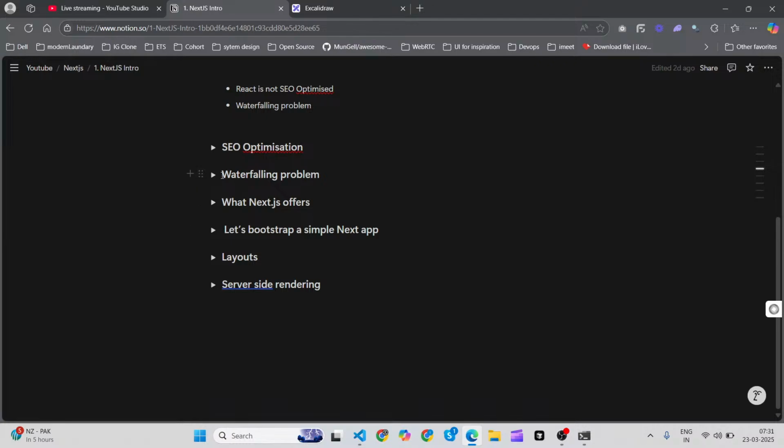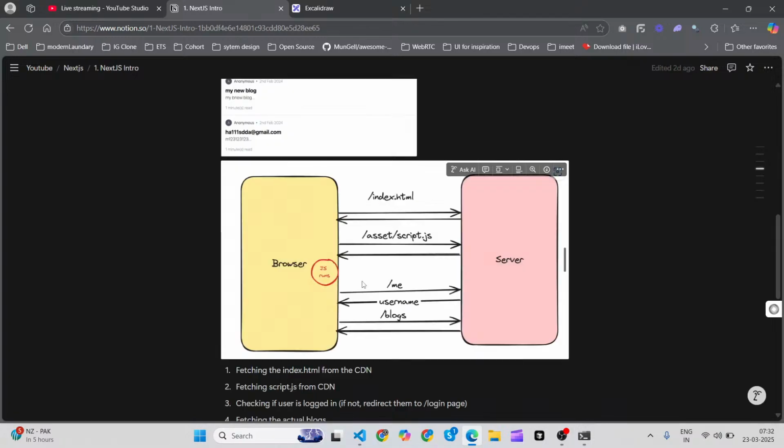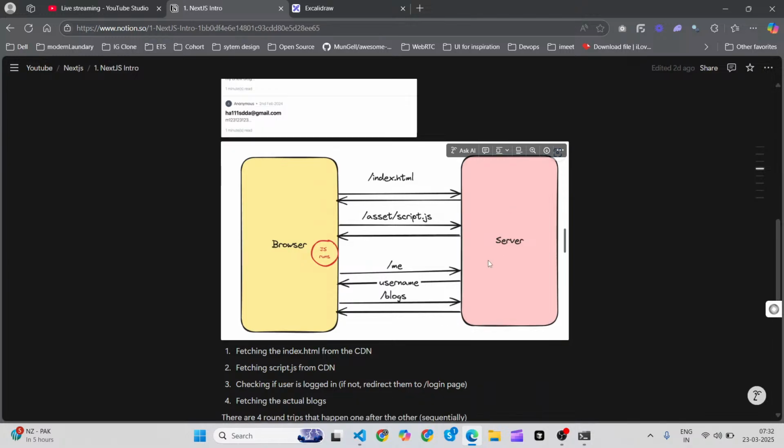Waterfalling problem, again, that I have explained. We request something from the server, it returns something, and then we again request something. If you see this line,